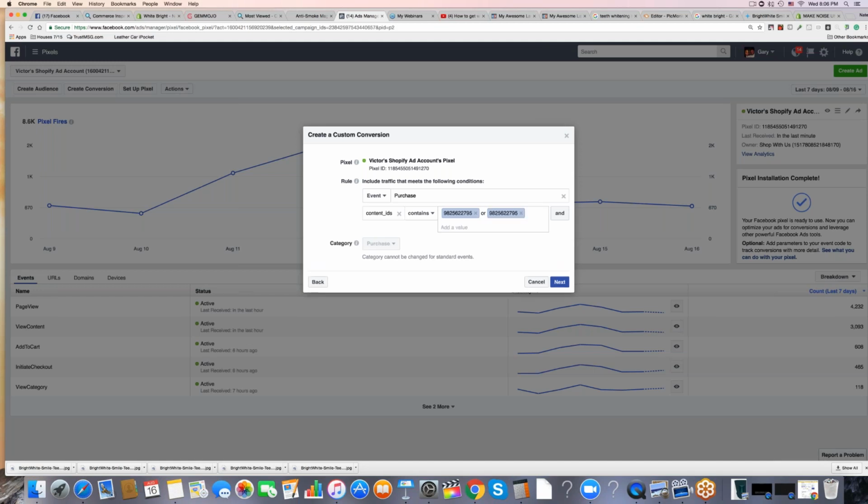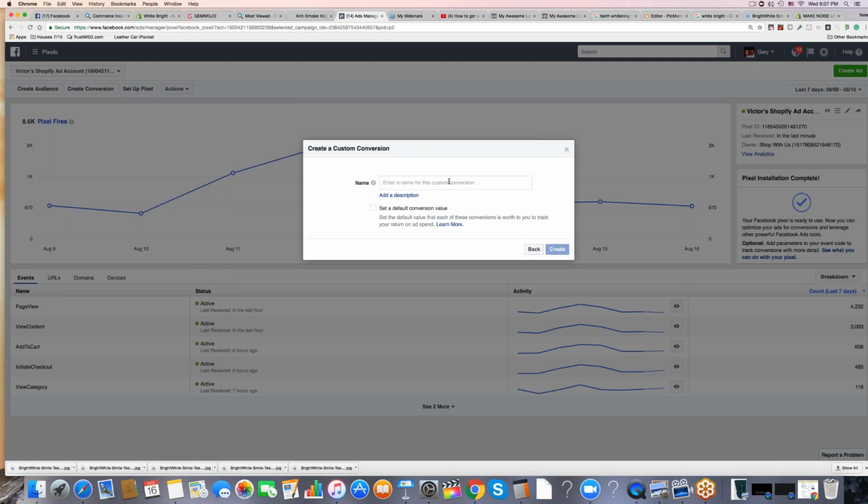Press Enter and add another one. And so these can all be different ones. What's really going to separate them is how you name it. So when I click on Next, I'm going to choose whether it's going to be my teeth whitener